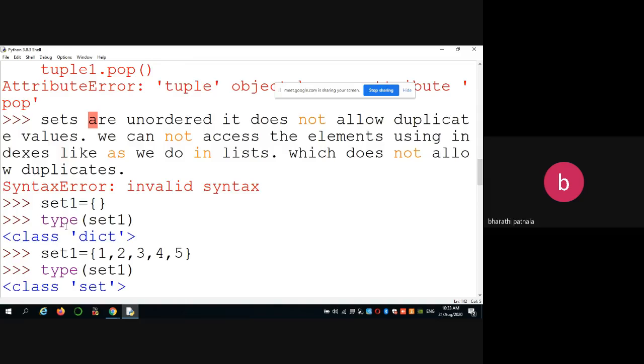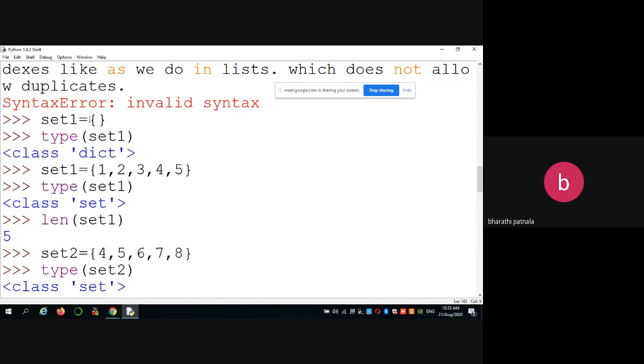Okay, sets can be represented in curly braces, but dictionaries also use curly braces. Okay, so once you create the elements, it shows the type of that particular set is set. If you want to find the length of the given set, use the len function.